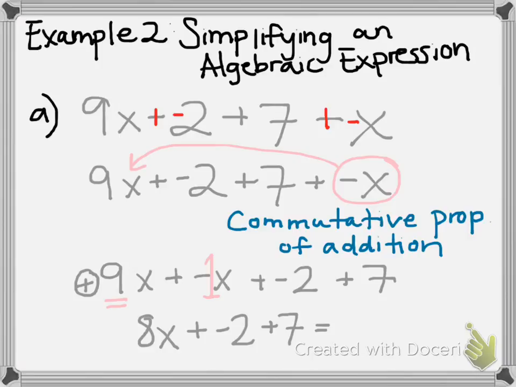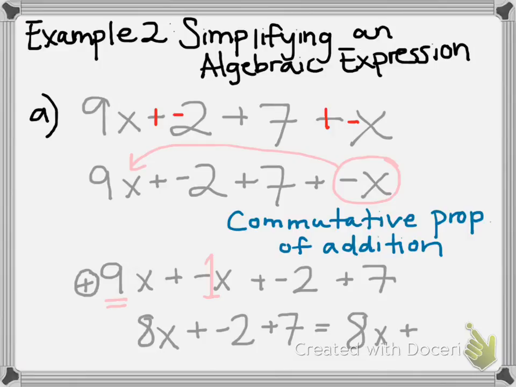Alrighty. Now I have simplified my x's as much as I could, but I do have two numbers to the right. I have that negative 2 and that 7. I can combine those because technically they have the same variable, which is no variable, and the same power, which is no power. So it's negative 2 plus 7. And now I want you to use your skills from chapters 1 and 2 and go ahead and add that for me. So we have 8x